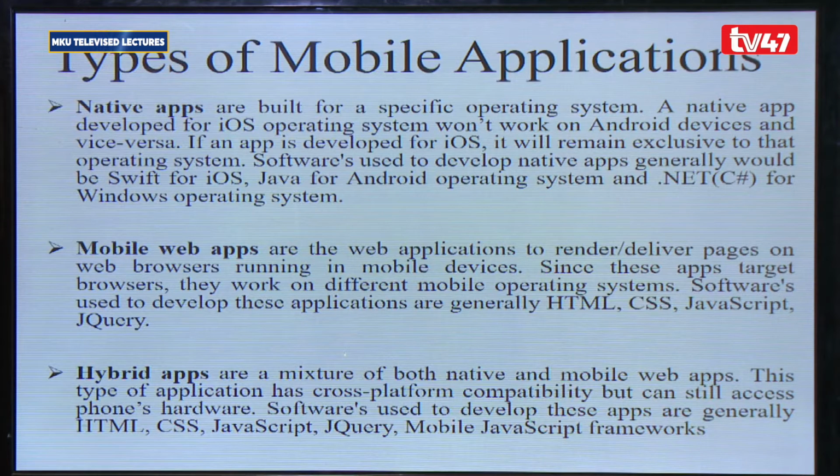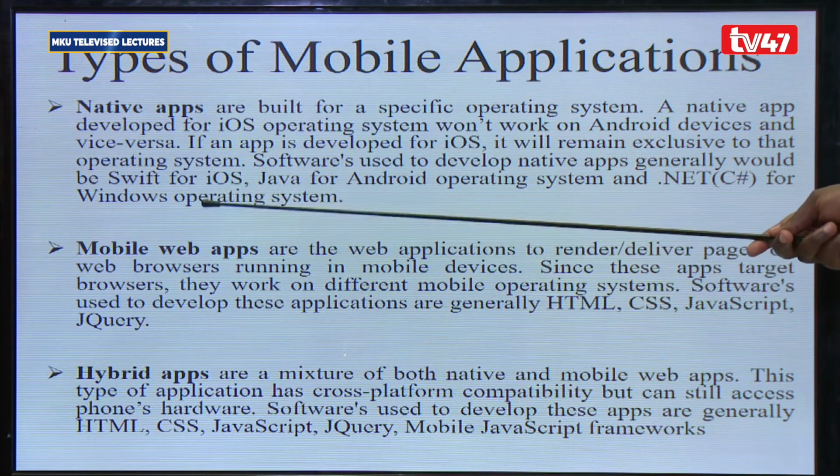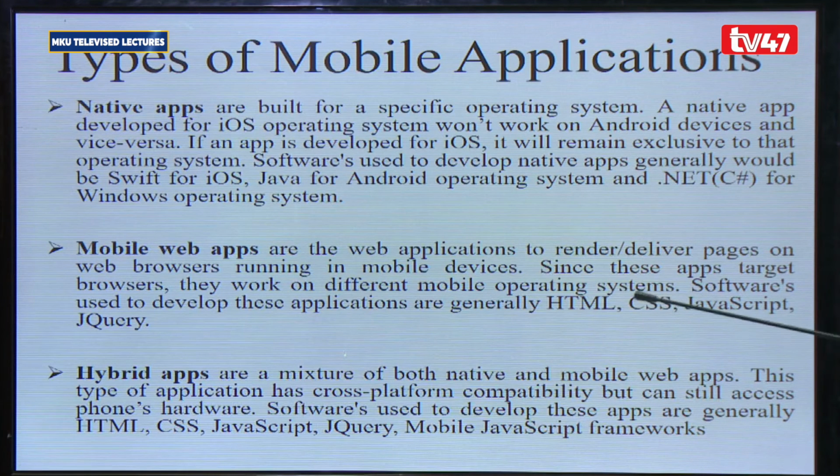The native application, for example, Swift. In case you want to be a developer, you can focus on Swift, depending on the users. Things to consider are the users. In case you want to focus on Java as a developer, you have to know who the users of your application are. Mostly, the most popular one is the Android application, and that's what you'll be focusing on.